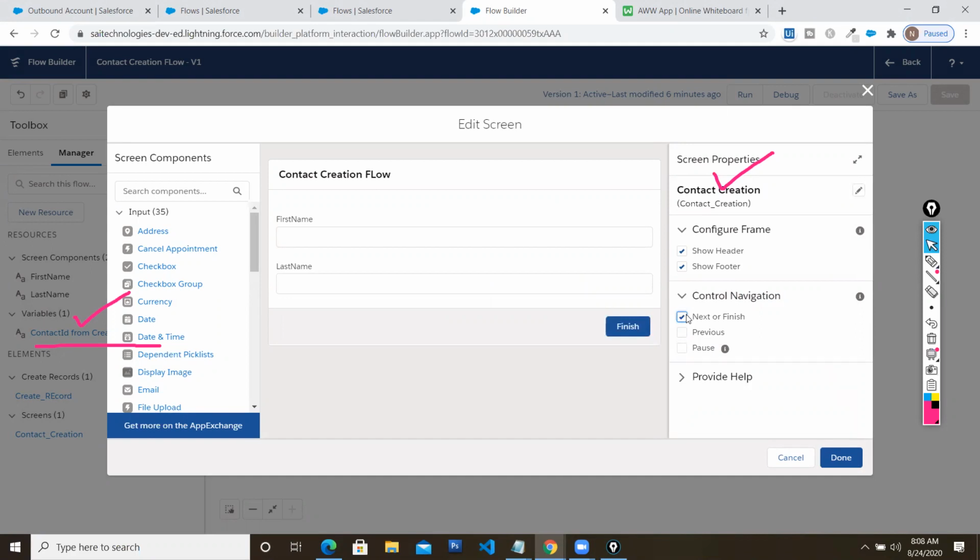Because when the user completes that action, how does the flow identify it? You should have an interaction there. I'm going to input the first name and last name. From a programming perspective, if you write a script, you can have an on change event, and when the user does something, I can fire something in the backend. But as far as the screen is concerned, the user should click a button. If you click the finish button, it's confirmed that the user has finished his inputs. So that's the confirmation.